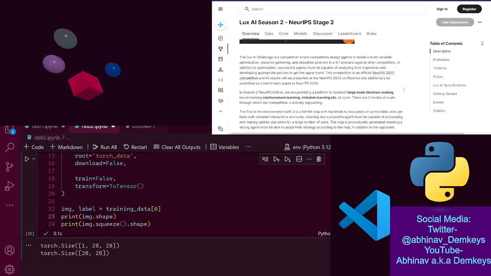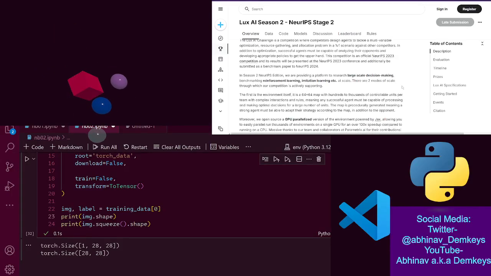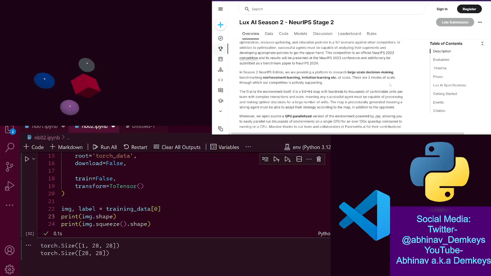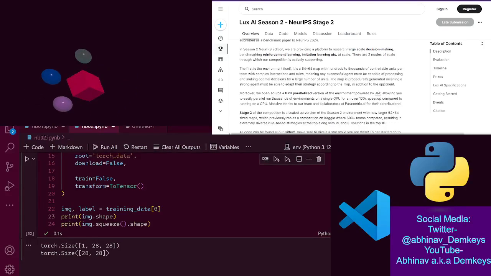In season 2, we are providing a platform to research large scale decision making, benchmarking, reinforcement learning, imitation learning, etc. at scale. There are two modes of scale through which our competition is actively supporting. I don't know what scale through means in this context, but yeah, okay. The first is,